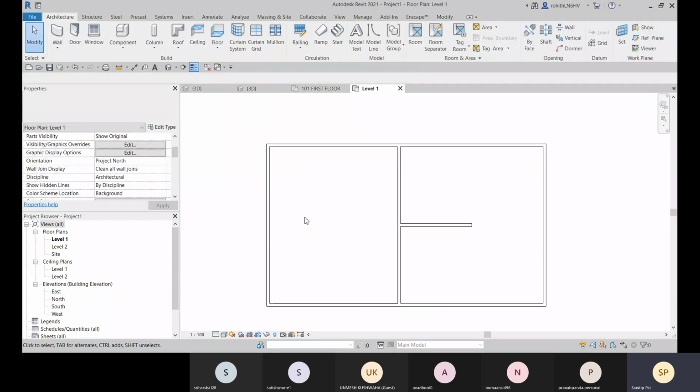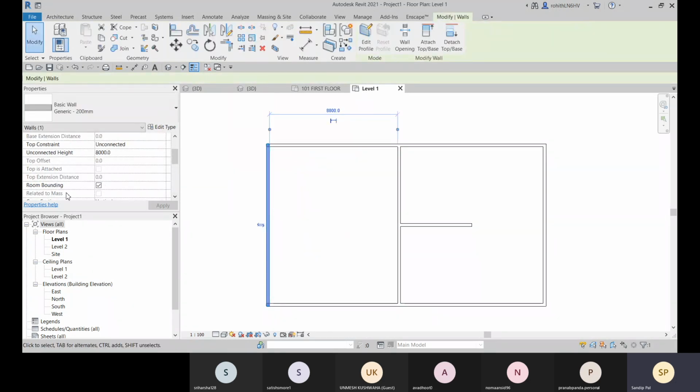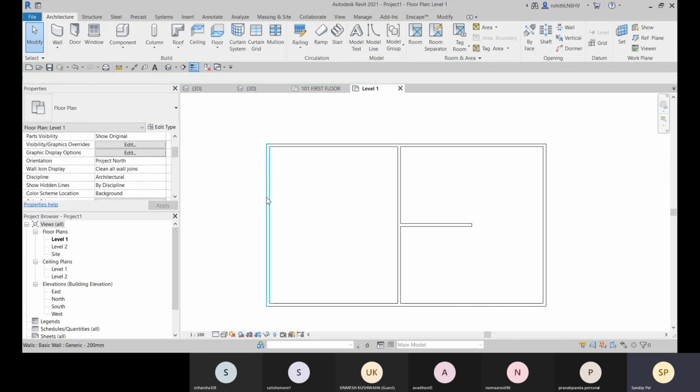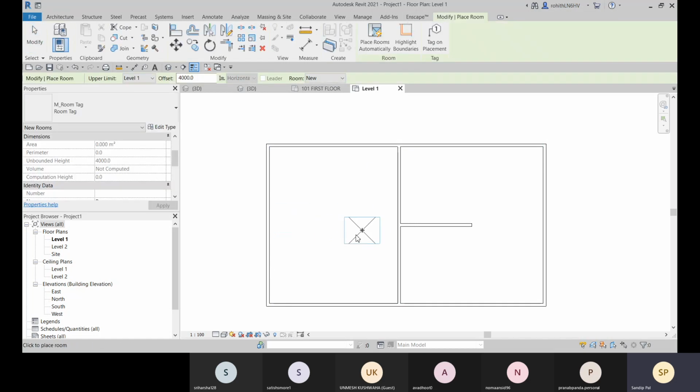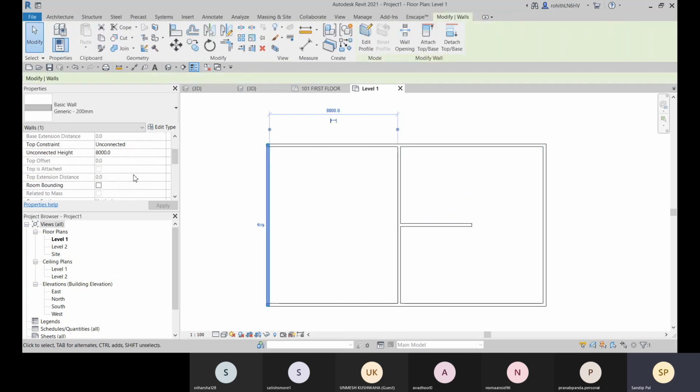If you select this wall and uncheck this room bounding option, it will not bound this closed area as a room. So now if you go for this room, here you can see I cannot define this area, but here I can define this area. So you need to check this as room bounding, and if it is not working, you identify that the room bounding option is unchecked and you need to check it again.